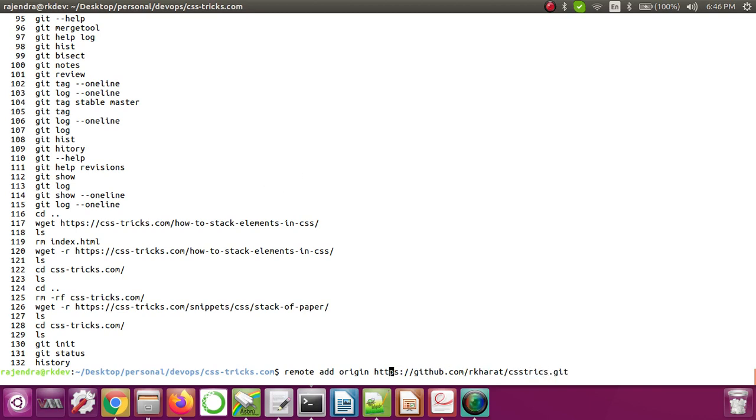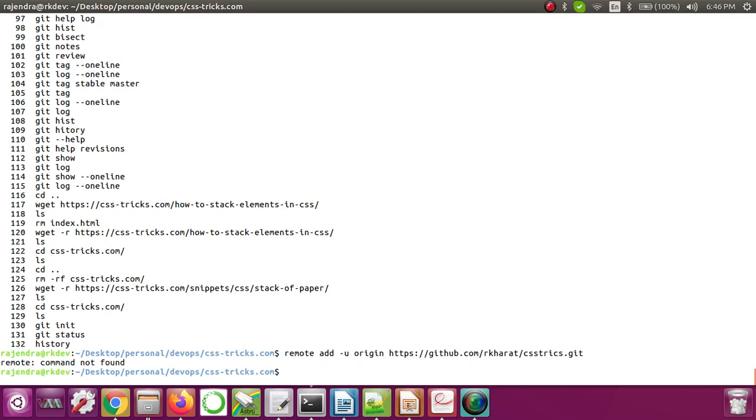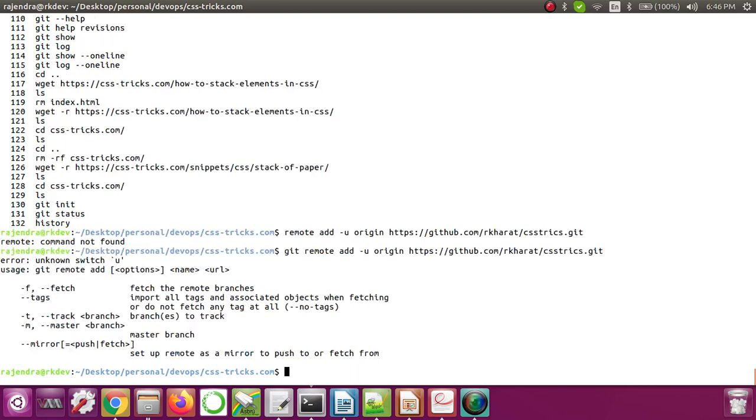Then if I do git remote add origin, -u is for the first push. Sorry, I missed git here. Now the code is ready.